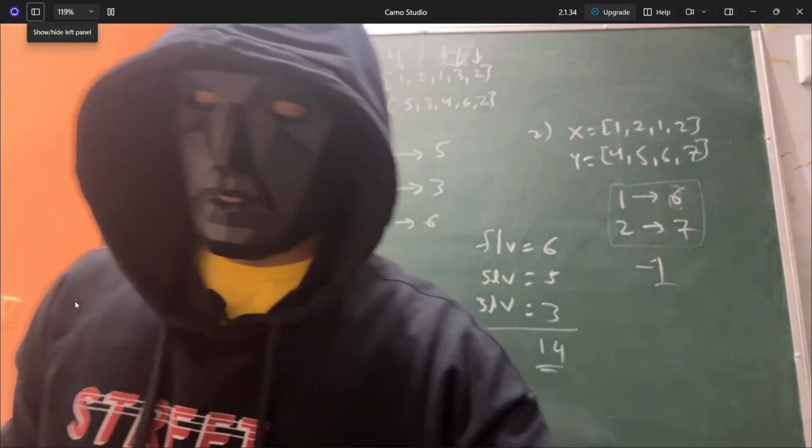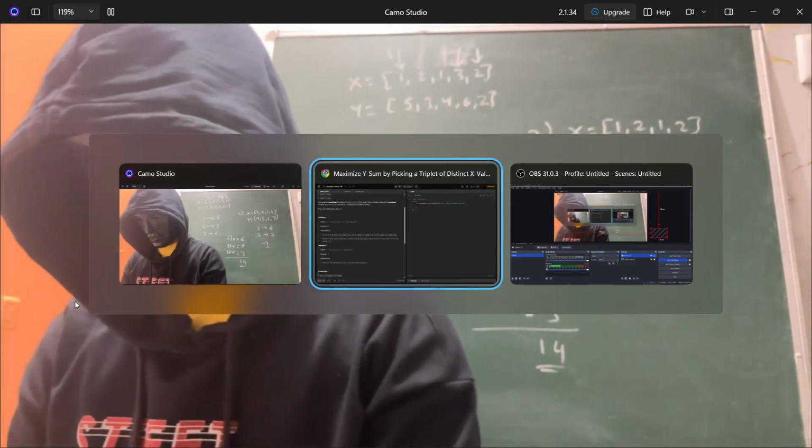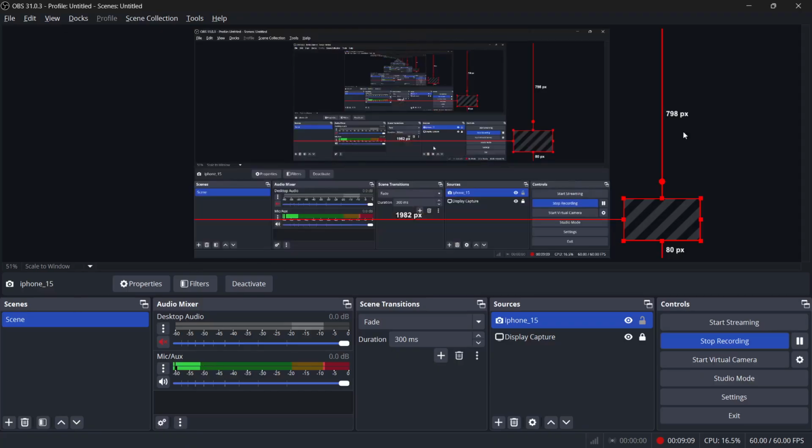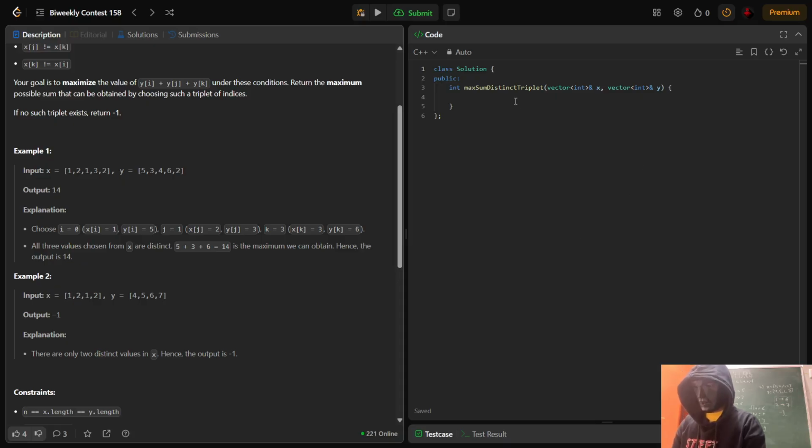So I think pretty much you got the problem statement. Let's try to code it up. Brute force solution I'll not be coding up, that is very easy, you can do it, but I'll be solving the optimal solution. First what I'll do is we'll take one unordered map, whose type will be integer, integer, m. We'll take n, which is basically the size of the array. We'll iterate through the array